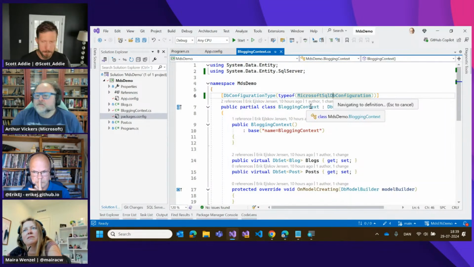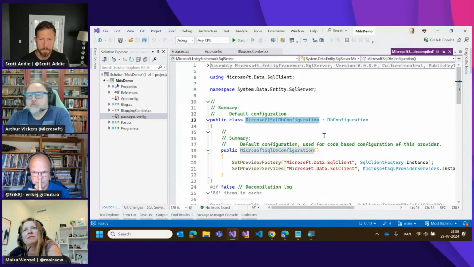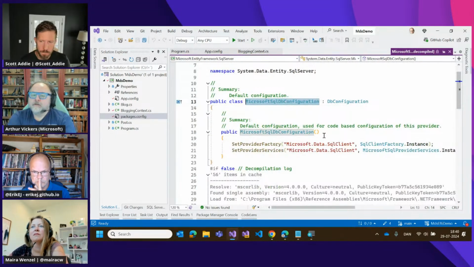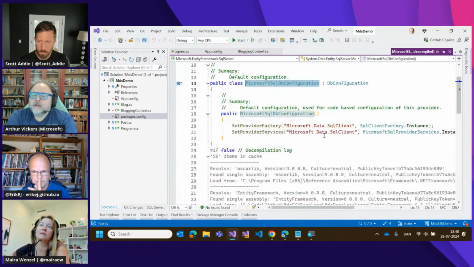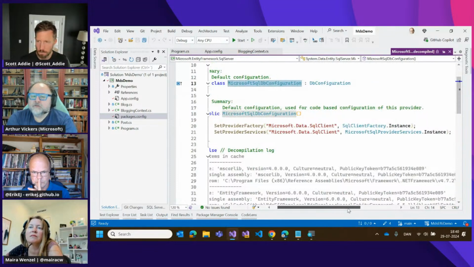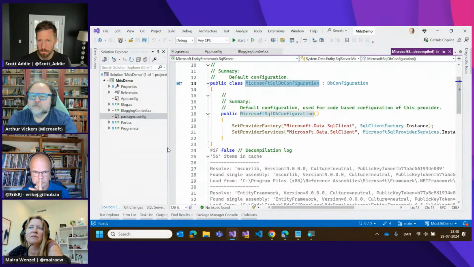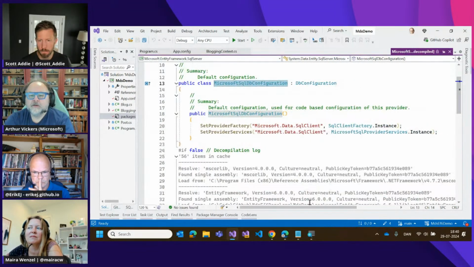So this ships with the package, right? And we've always resisted shipping configuration types historically. I mean, very, very historically, because you often need to do your own configuration as well.